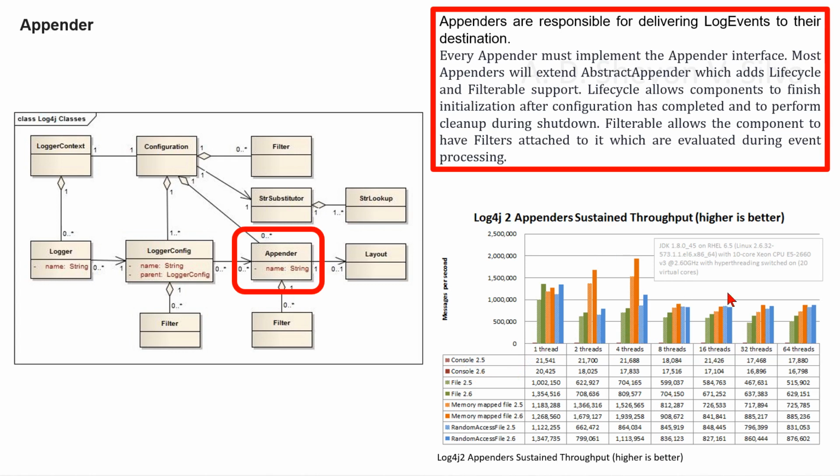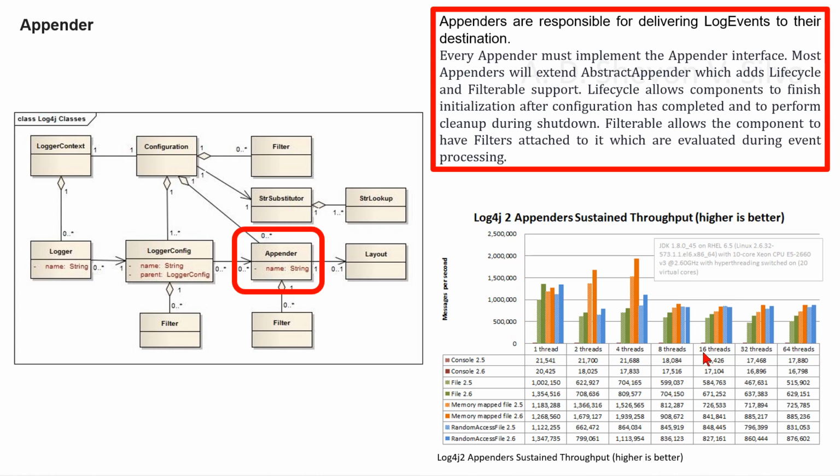Here we are using JDK 1.8.0_45 on RHEL 6.5, Linux 2.6.32-573.1.1.el6.x86_64 with a 10 core Xeon CPU E5-2660 v3 at 2.6 GHz with hyper-threading switched on, 20 virtual cores. Here you can see the messages per second, and